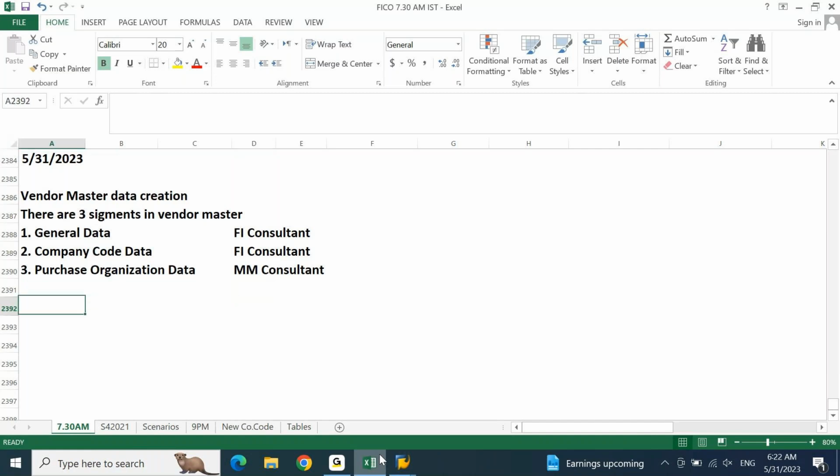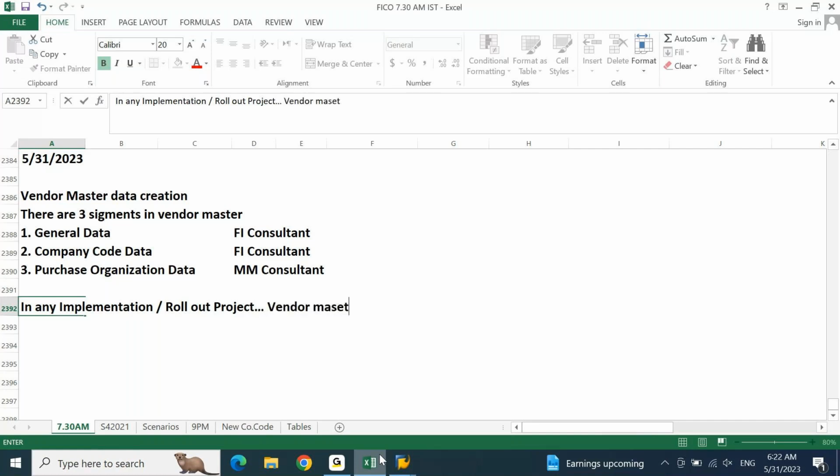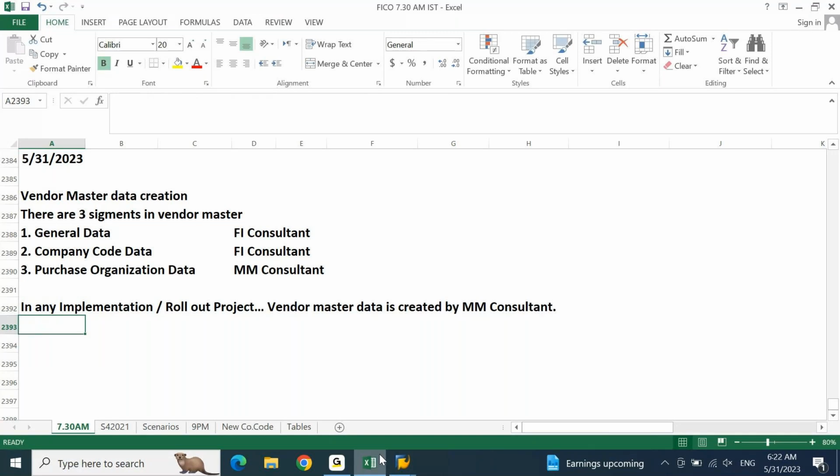Now, in any implementation or rollout project, vendor master data is created by MM consultant. In any implementation or rollout project, vendor master data is created by MM consultant, which means for every organization, you have